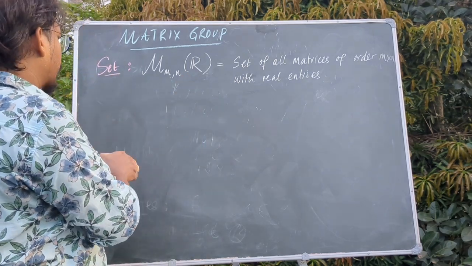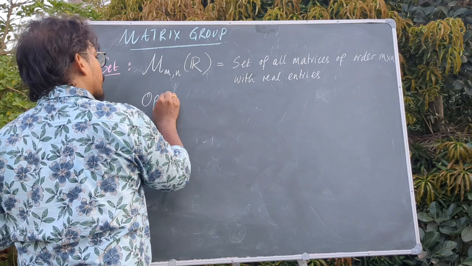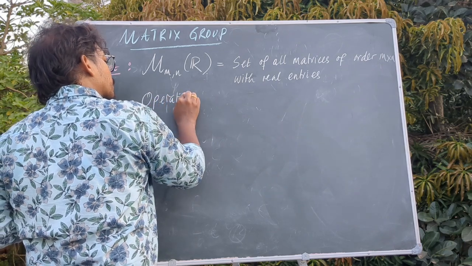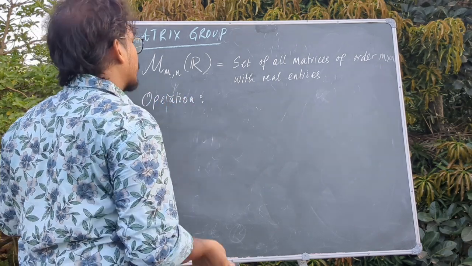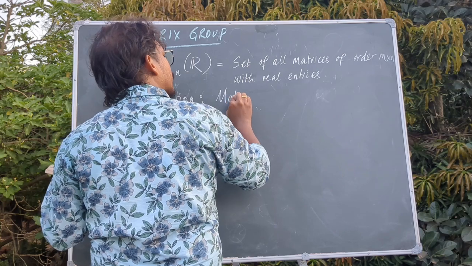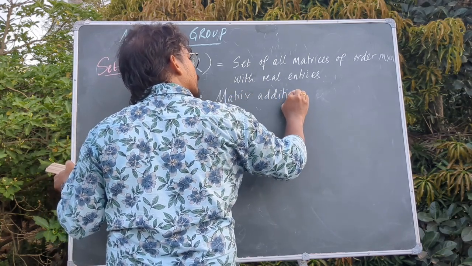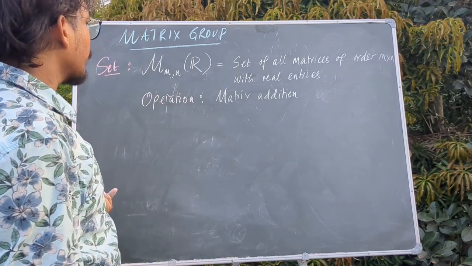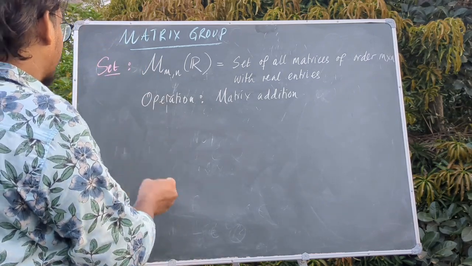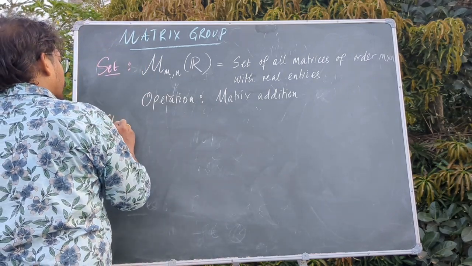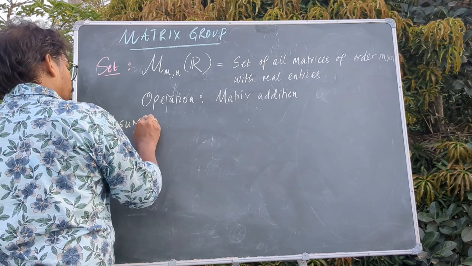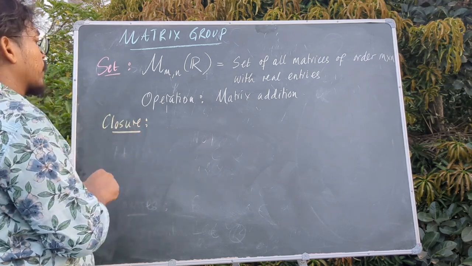Let us take the operation matrix addition, that is component wise addition. We'll check all these four axioms. Closure